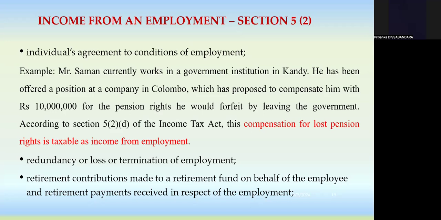He is offered a position from that other institution, which has proposed to compensate him with 10 million. That means they offer 10 million to Mr. Saman for the position in that company. So he has to